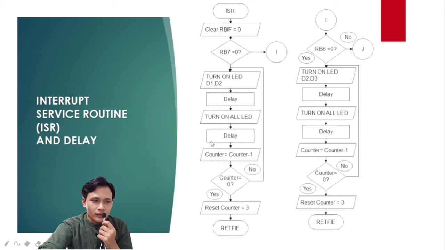After the delay, if nothing is wrong, it will be reset to the counter. Meanwhile, if you press the button at the R,